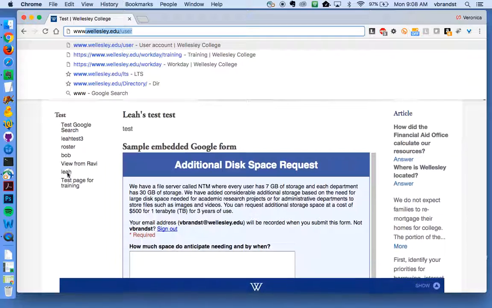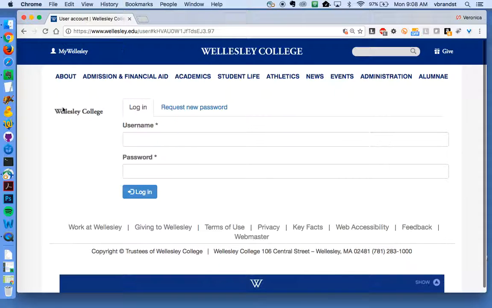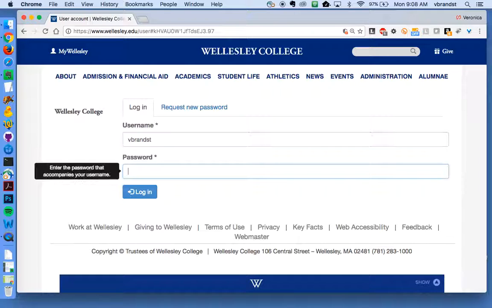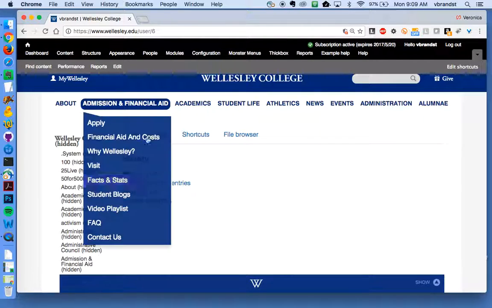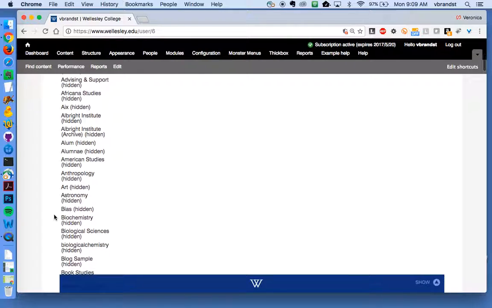So I'm going to just use www.wellesley.edu/user. I hit return, and it asks me for my username and password. And these are the same as my usual Wellesley domain credentials. Once I log in, I get this black bar at the top, which lets me know that I am now logged into Drupal. I also get deposited on this sort of back-end page where I see a long list of